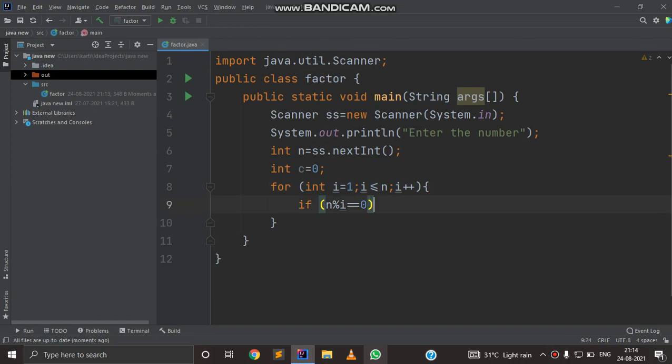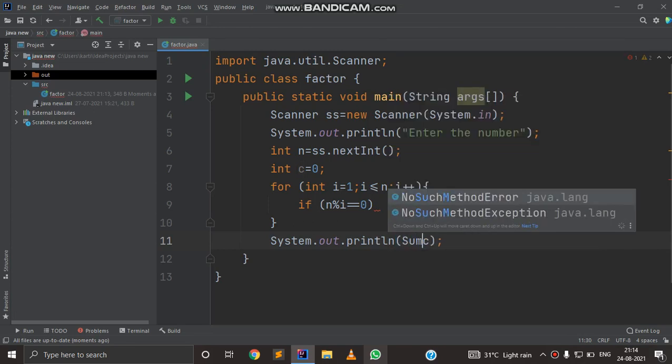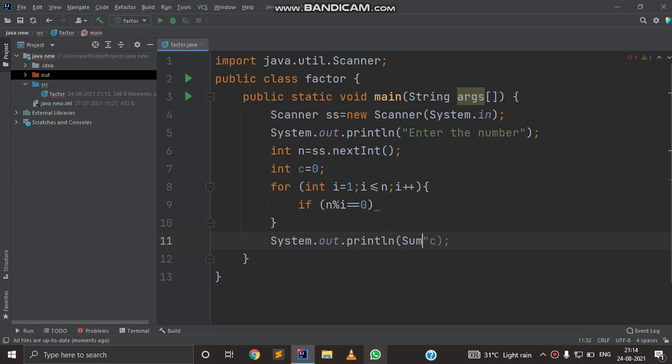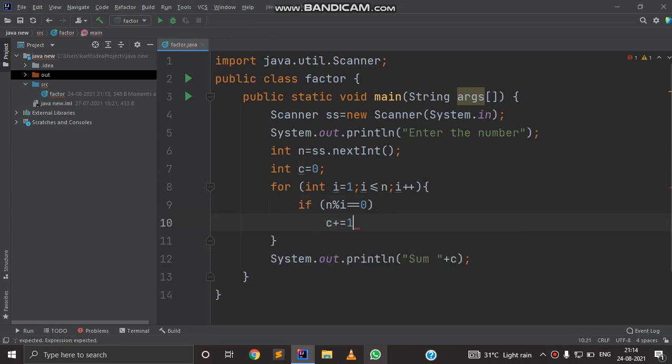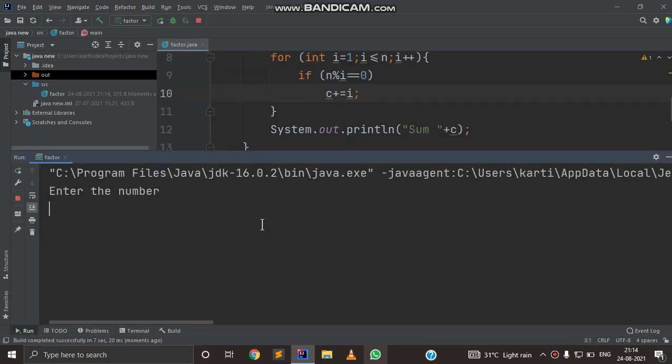For printing the sum, we'll have to initialize one variable, C is equal to 0, and here we'll simply write C plus equals I. Now if we run this program, we can see that the factors of 10 are 1, 2, 5 and 10.